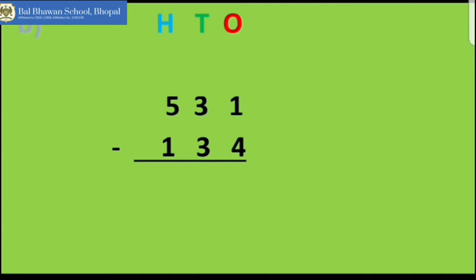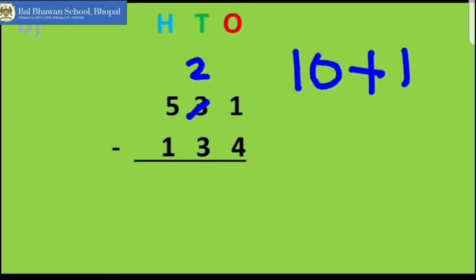So this tens place, this 3, it will give 1 ten. And when it will give 1 ten, it will become 2 because it has given 1. Okay. So now this ones place, it will take 1 ten, and we have already learned that 1 ten is equal to 10 ones. So here at ones place, it will be 10 ones plus 1. So it will be, yes, 11. Now this 1 is 11.